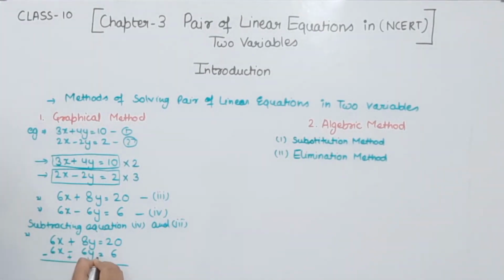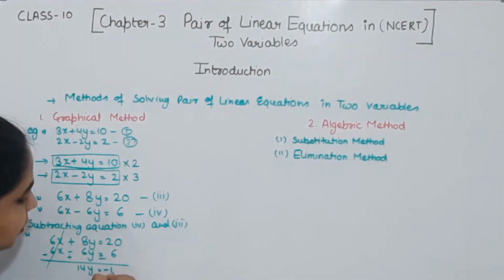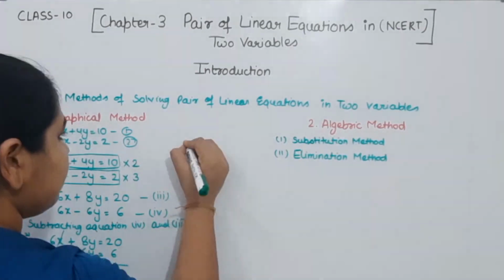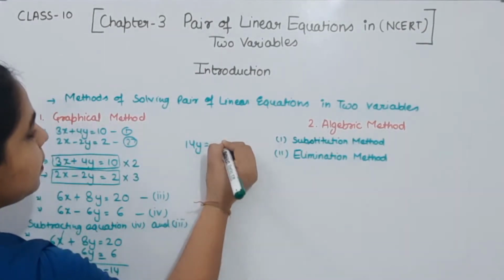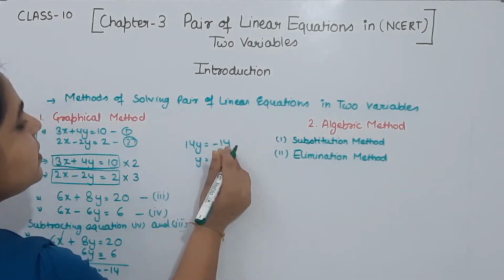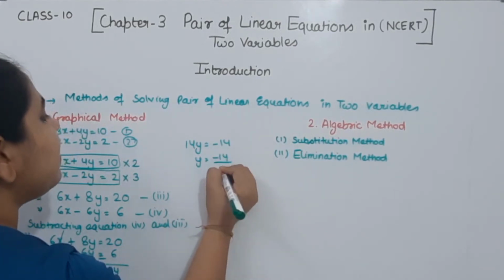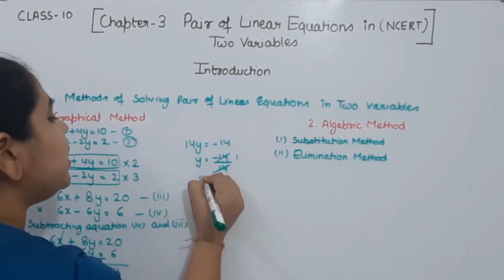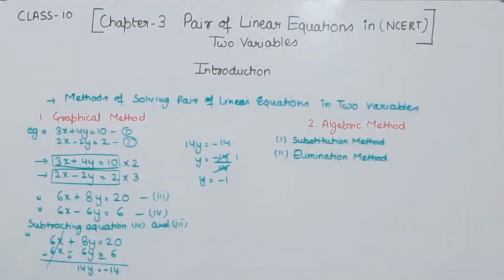So for that we are going to change the sign. This one we are having plus minus minus. This one is cancelled. Here we are having plus and plus, so this one is equal to 14y. And this one is plus minus minus. So 20 minus 6 will be equal to 14. So we are having 14y is equal to 14. Now y is equal to 14 divided by 14. 14 ones are 14. So the value of y we are having is equal to 1.